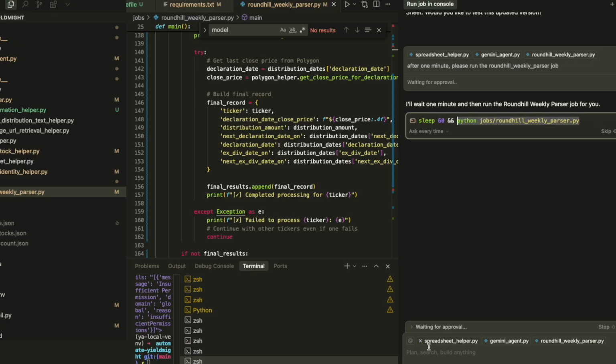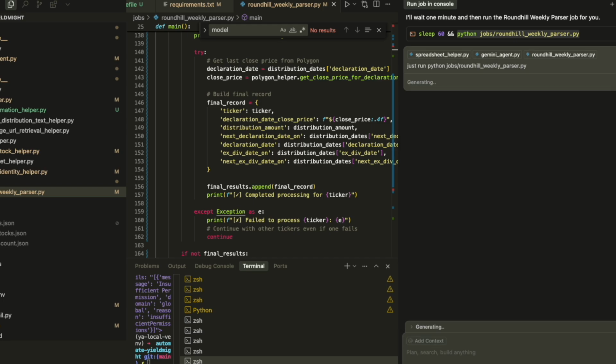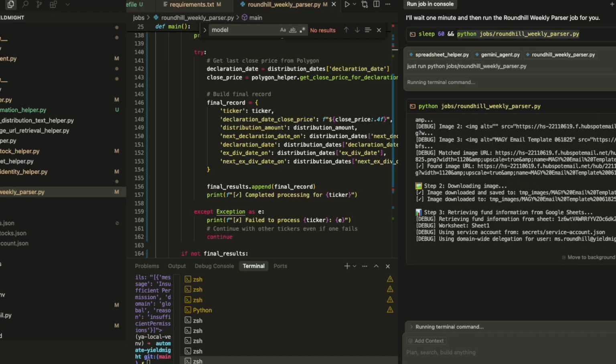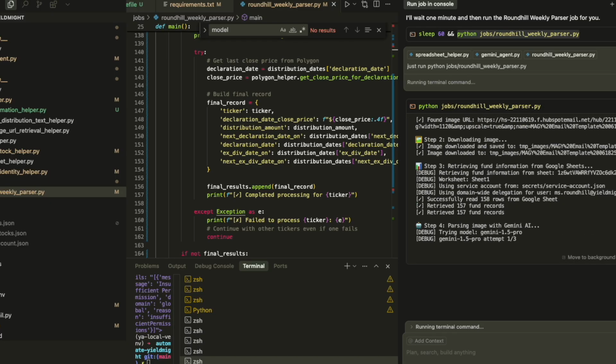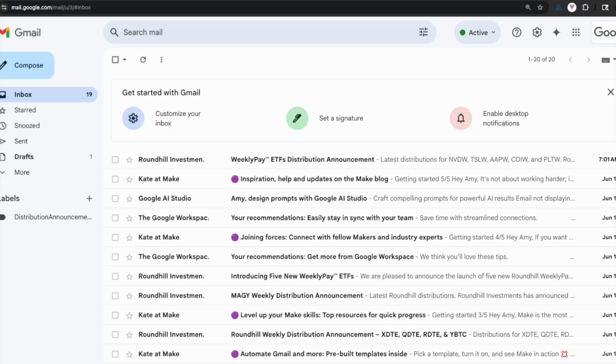And the reason why I'm telling it to do it in here is because when it errors, it'll just have the context and it will just do this, because sometimes it has to run a separate command or something. So basically what this is doing is it's going into the Roundhill.